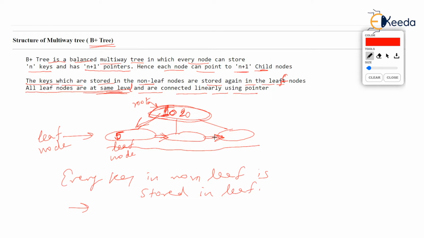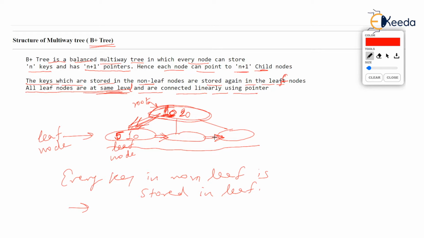We have set this rule. You see that 10 is there in the non-leaf node. Where will you store it? Again in the leaf node. We will set the rule like this. If you want to store 10 again, then 10 will be stored to the left of 10. That is, all values which are less than or equal to some key will be to the left of that key. So 10 has to be stored again. 10 will be stored in the left child of 10. So towards the left pointer, we will store 10.